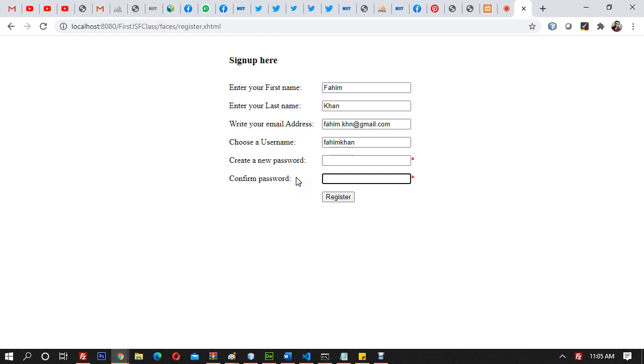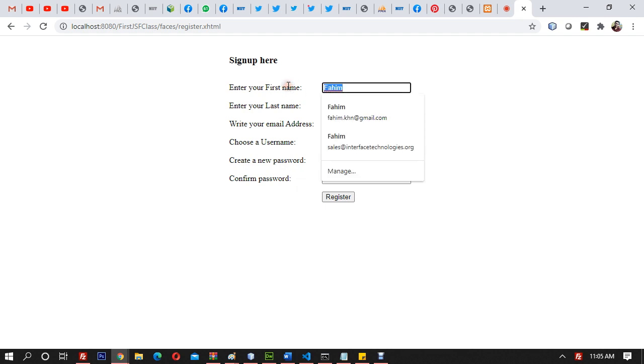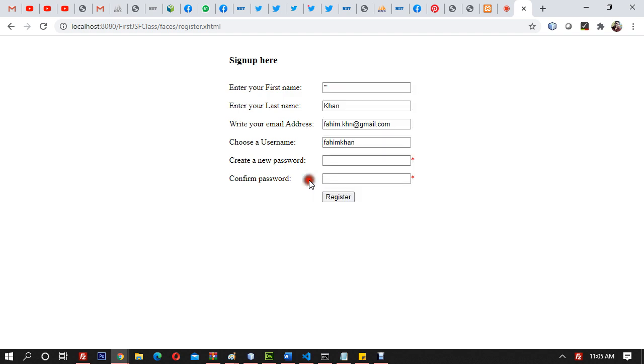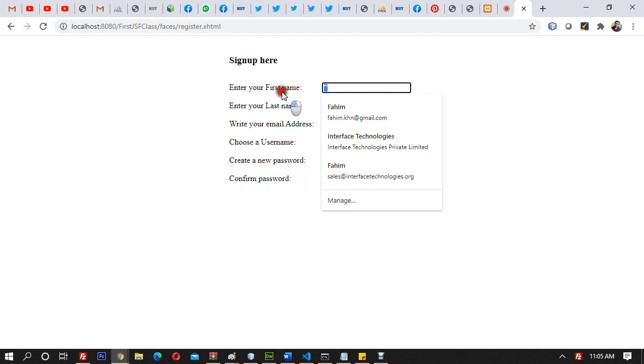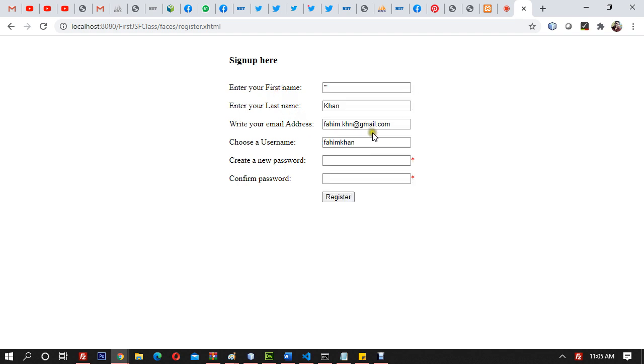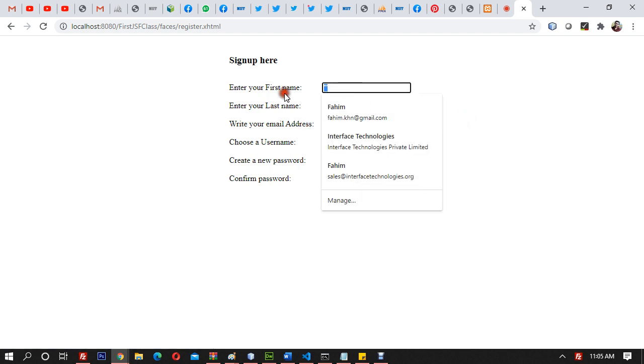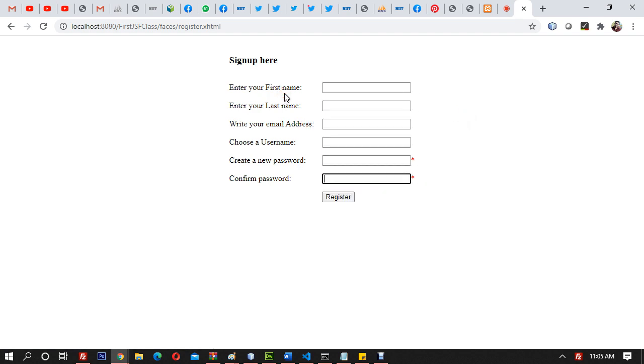It doesn't serve the purpose that we need the regular expressions to work with whatever input we want to take. For example, if someone enters comma comma comma, then the star will not come here now, because comma is not accepted as a username. So now I'll say fahim.khn. Is this an email? No. So it is not correct validation. What we have been able to do so far is only the required validation, not the regular expressions. So in regular expressions, what we got to